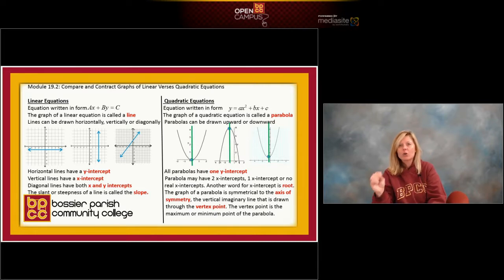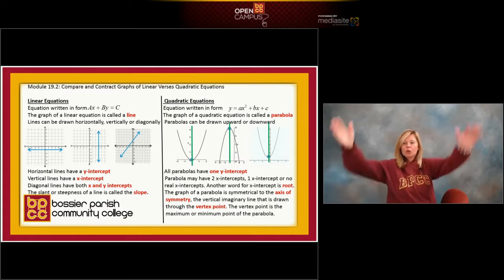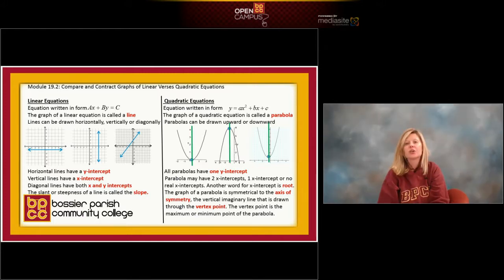It's going to form a graph called a parabola. And what a parabola is, it's a curve. If you look at the PowerPoint, I have 3 examples of those parabolas. 2 turn up, face the sky. 1 turns down, facing the ground. And that's what a parabola looks like. It looks like the letter U. So anytime we're graphing a quadratic equation, we know the picture is not going to be a line. It's going to be a curve called a parabola.